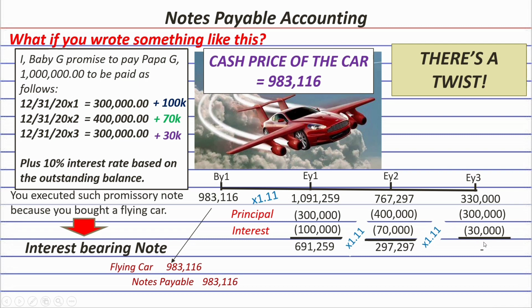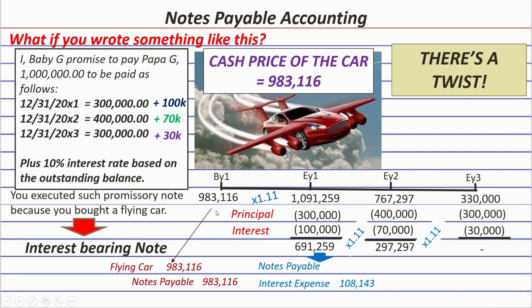Okay? Now, how about the entries? Of course, if it's a liability, then you have to debit immediately interest expense. And for year 1, we have the difference of this 1,091,259 and this 983,116, which is 108,143. Okay? And another debit should be the notes payable,